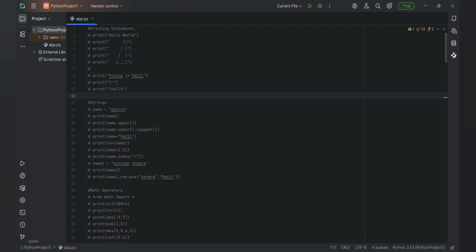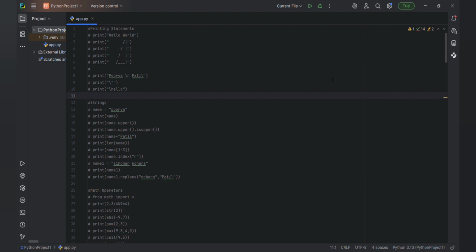So first thing, what is Python? Interviews ask this question, and why you choose Python. Python is an interpreted language. It is user friendly. What does interpreted mean? It will check the code line by line, and you need not explicitly define the data types like int, float, string and all. It will take them implicitly. Yeah, this is one advantage.